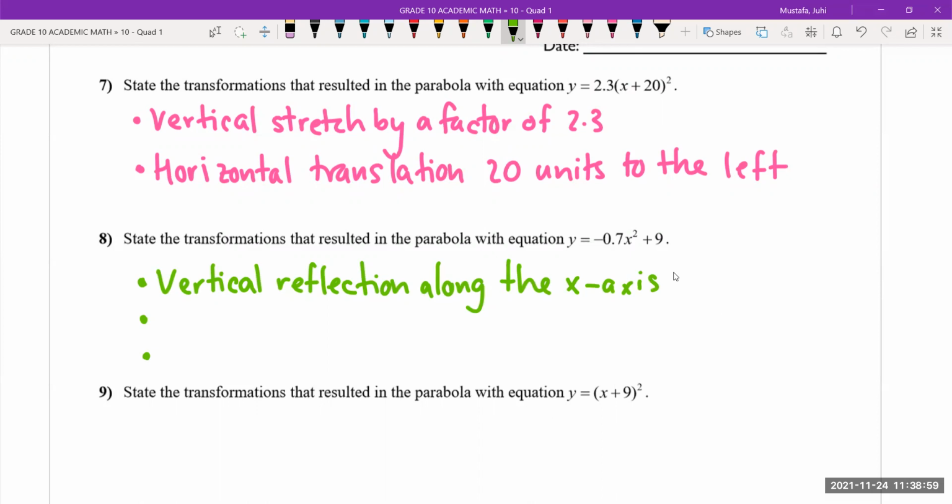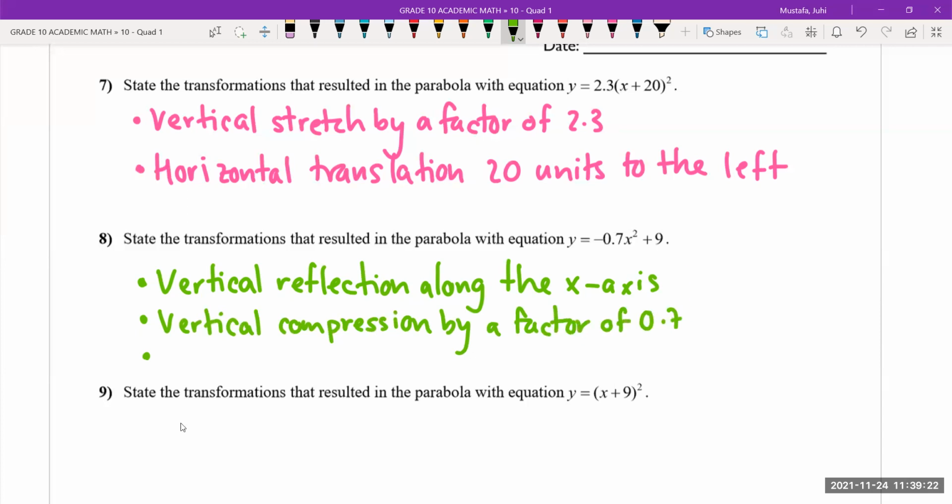You guys, 0.7, that's less than 1. That's a number between 0 and 1. And it's a fraction technically. So is that a compression or a stretch? Yeah, so this is going to be a vertical compression by a factor of 0.7. And I think, Angelique, you said vertical translation. Nine units